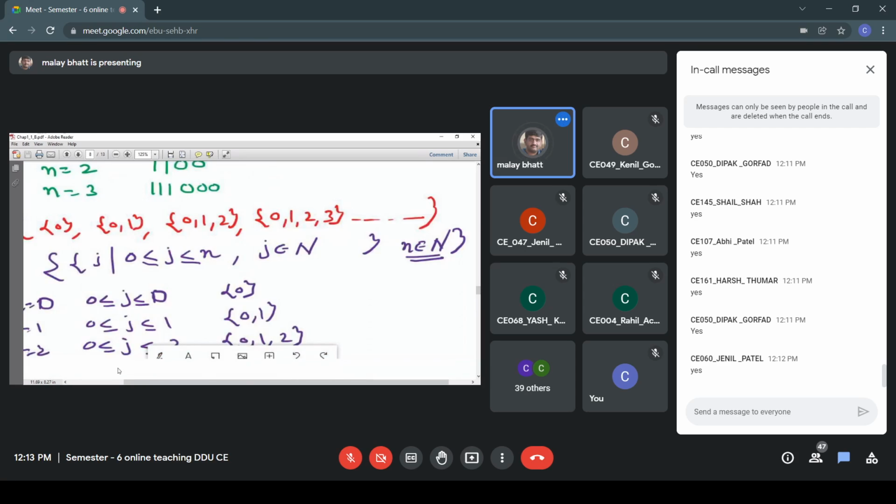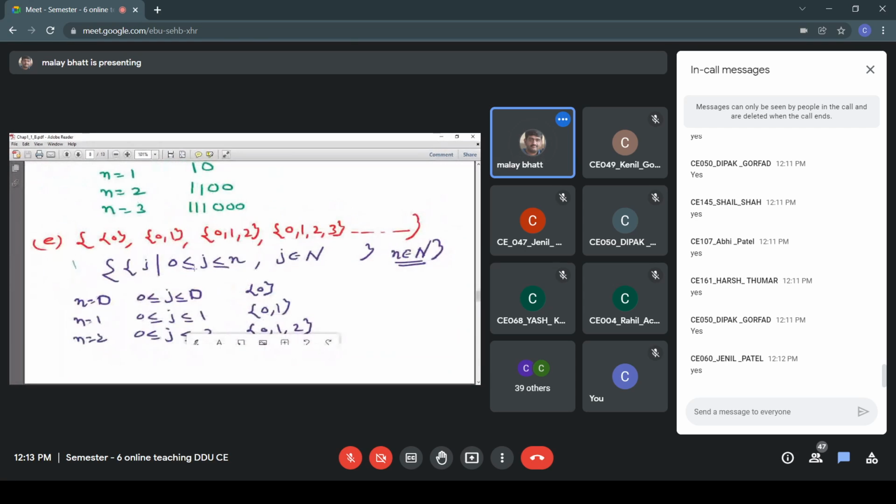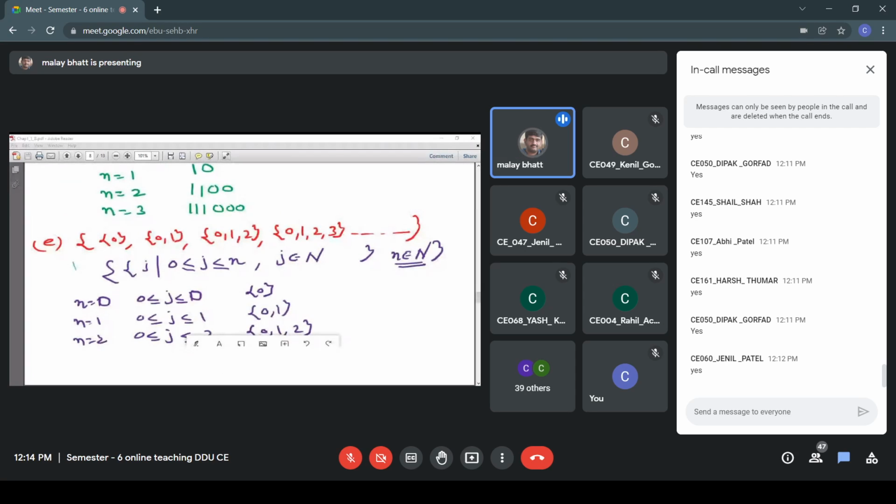So I hope you can understand this example. It is somewhat difficult in the first attempt, but I think you can understand this flow, right? That we have two sets, nested sets, and the elements of the inner set depend on the outer set value. Okay, any query on this? Is this last example clear?